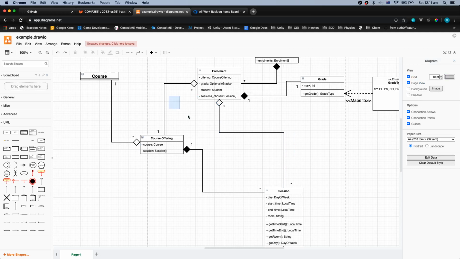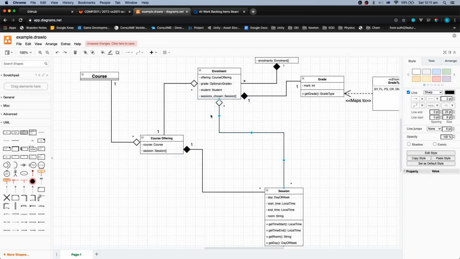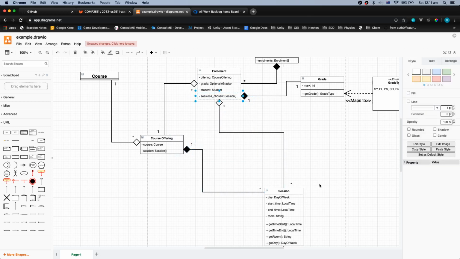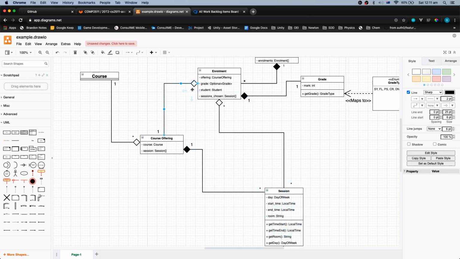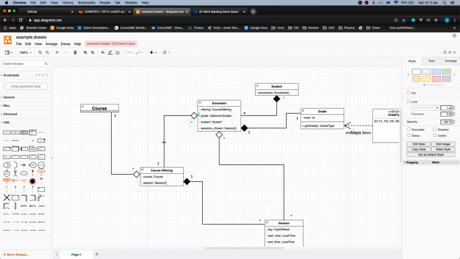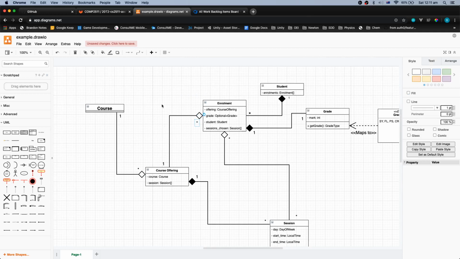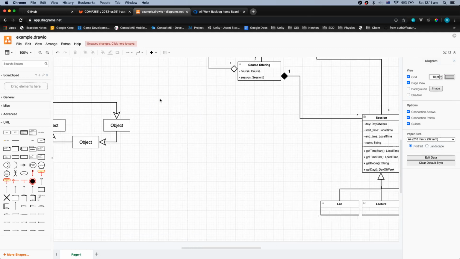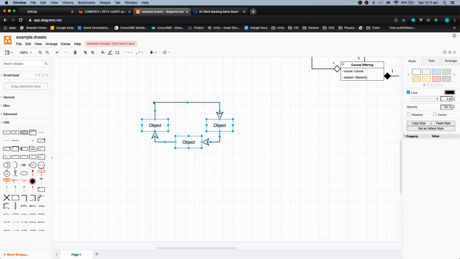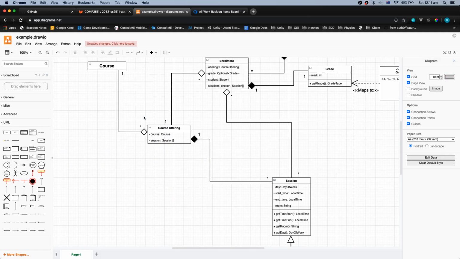So there's two problems here about making these black. The first problem is that if these are both black or filled, then what will happen is it will force this thing to be owned twice, which is wrong. And if this thing is black, then what will happen is you have multiple enrollments trying to free a single course. The garbage collector saves you from real problems, but if you work in a language like Swift or